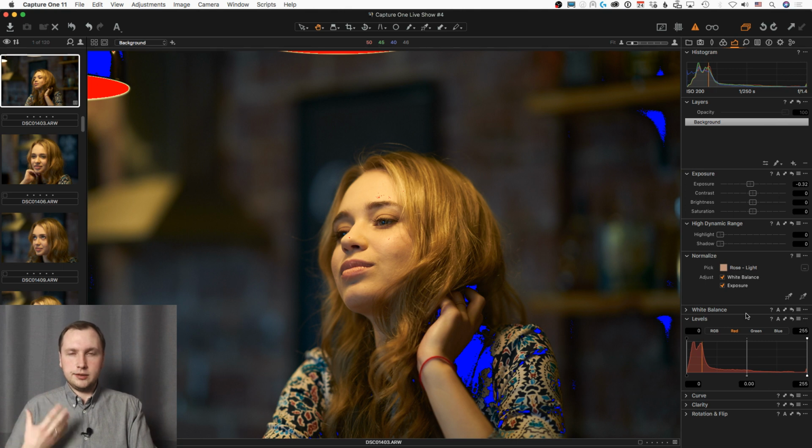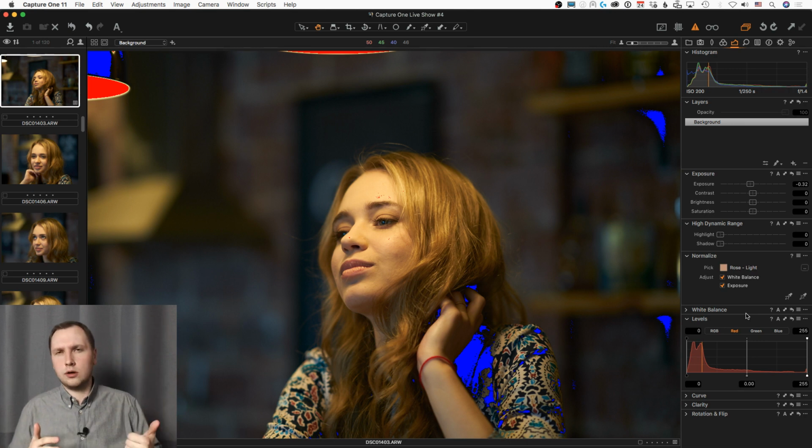Like it's a really specific thing. In all the other cases, when you're just a portrait photographer, a wedding photographer, a love story photographer, a kids photographer or anything like this, you shall think about white balance in the way of